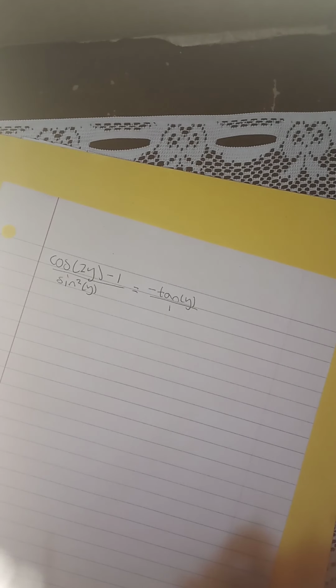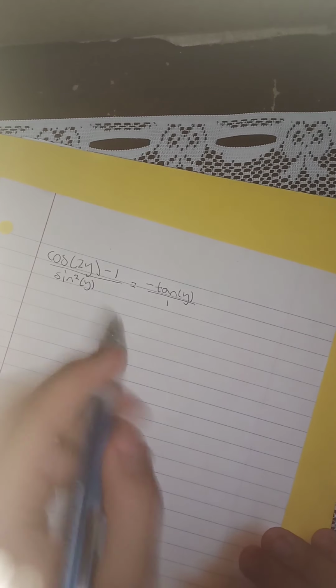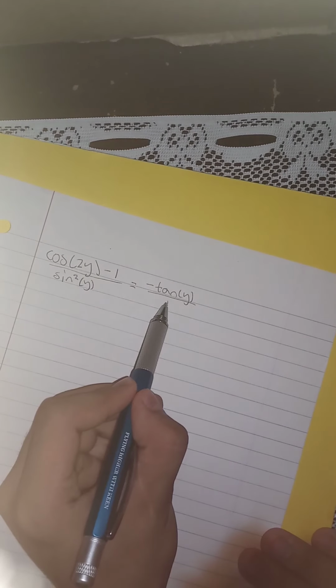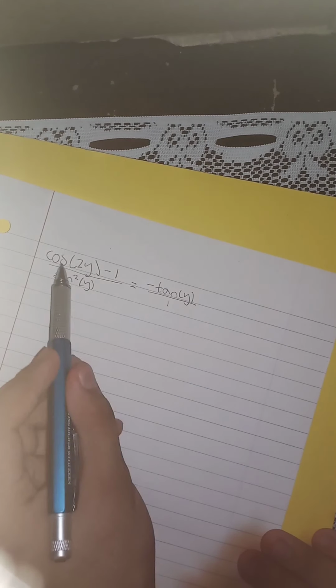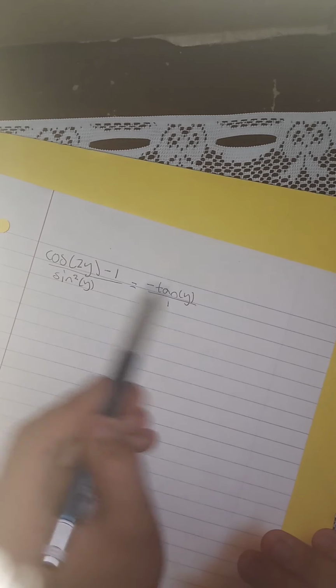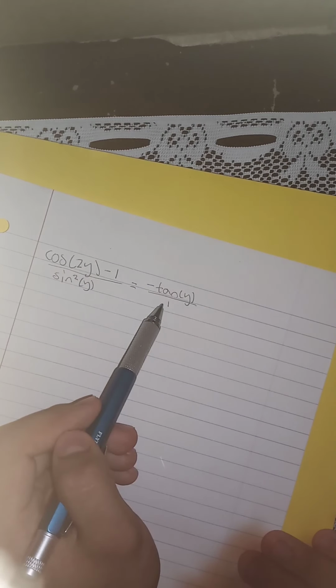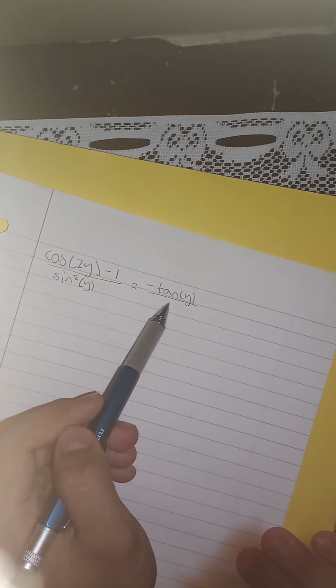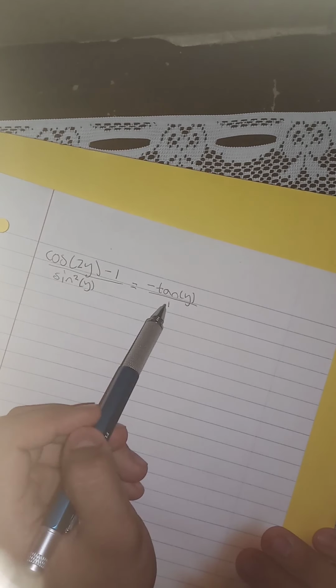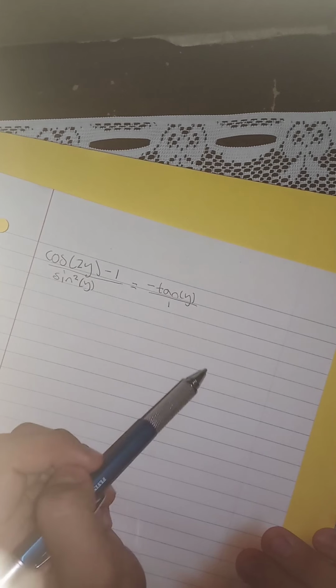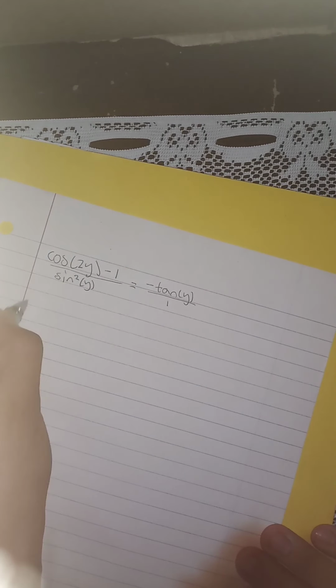over 1. Sorry, I just lost my mic. Let me just, okay, now better. Okay. So you can choose to go from this side and try to take it to this side, or you can go the opposite from this function to this function. I'm going to start from the left hand side because it looks like it's complicating and I'm trying to make it into an easier function. So the left hand side